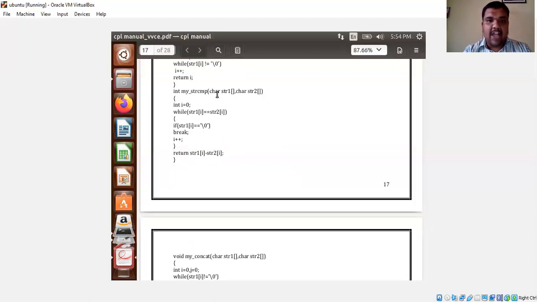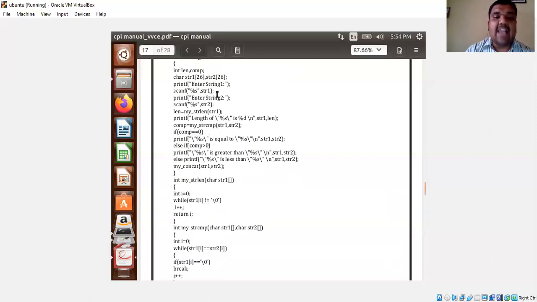If they have values, return str1 of 1 minus str2 of 1. i gets incremented. So until when is it going to work? Until one of the strings becomes a null character, then break. Okay, yes, so this is about the string compare operation.